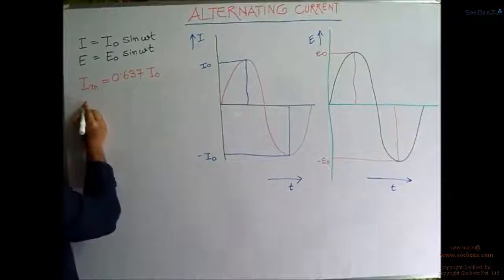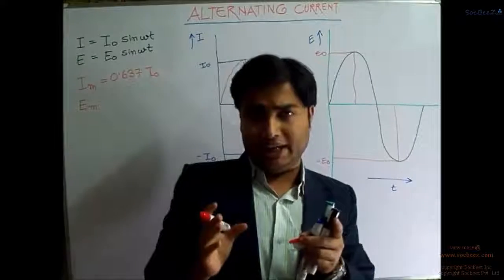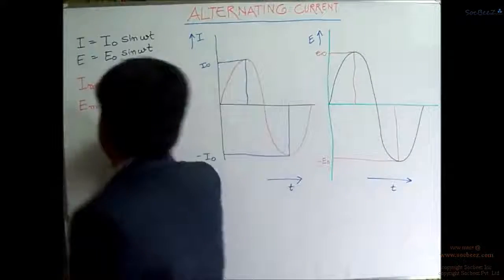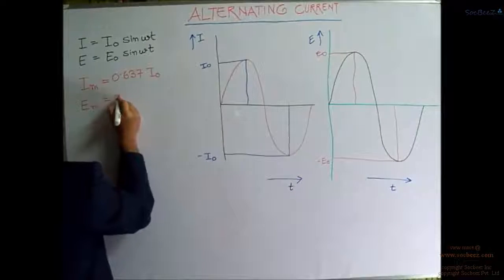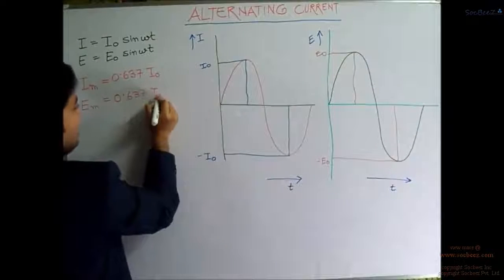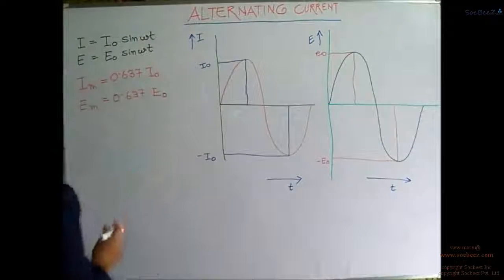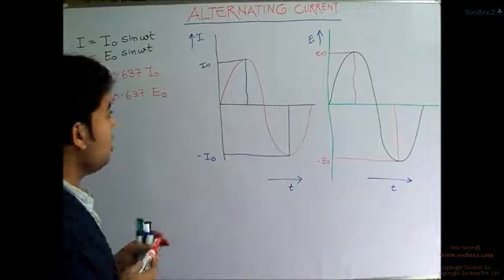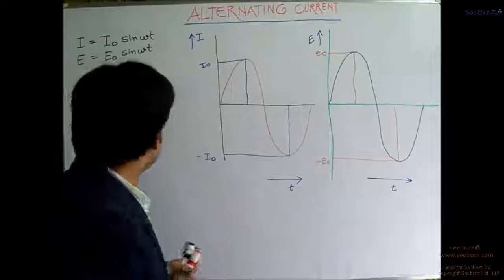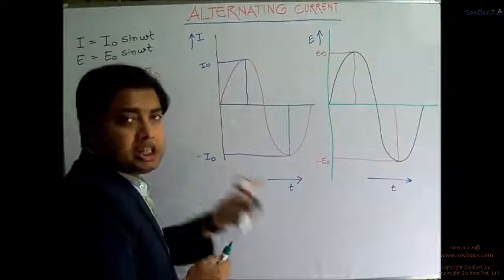Likewise, the EMF, if it is calculated for the half cycle, the mean value for this EMF will be found out to be 0.637 E naught, right? So now, if we want to locate this mean value of I, go into the I-T curve,